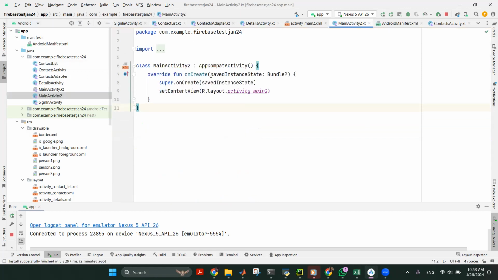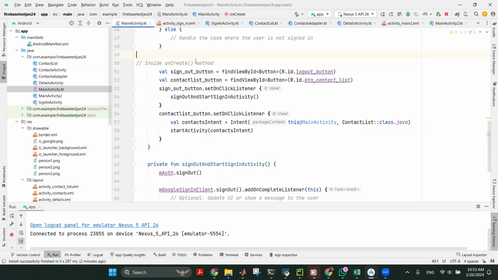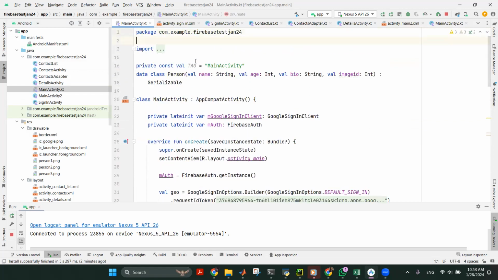So anyway, I will go ahead with the main activity file. So the main activity file